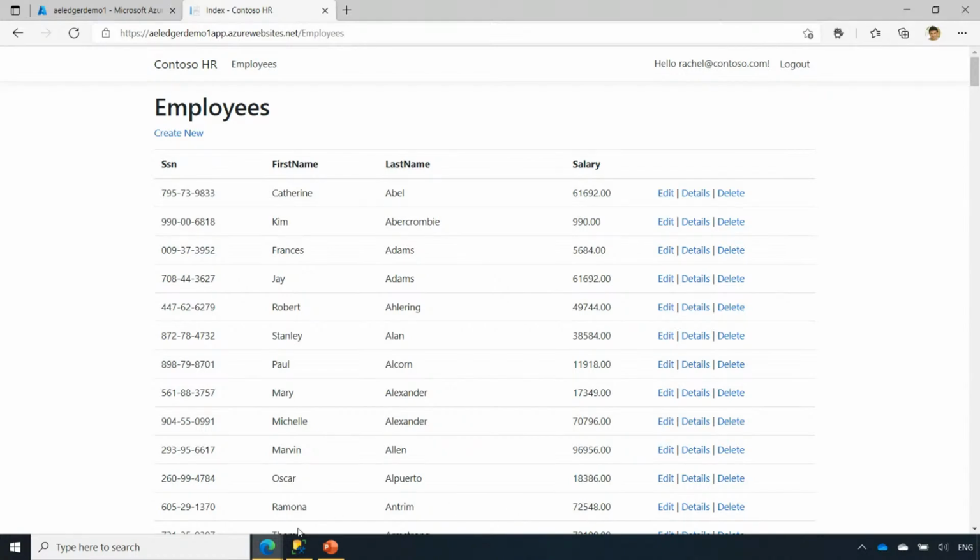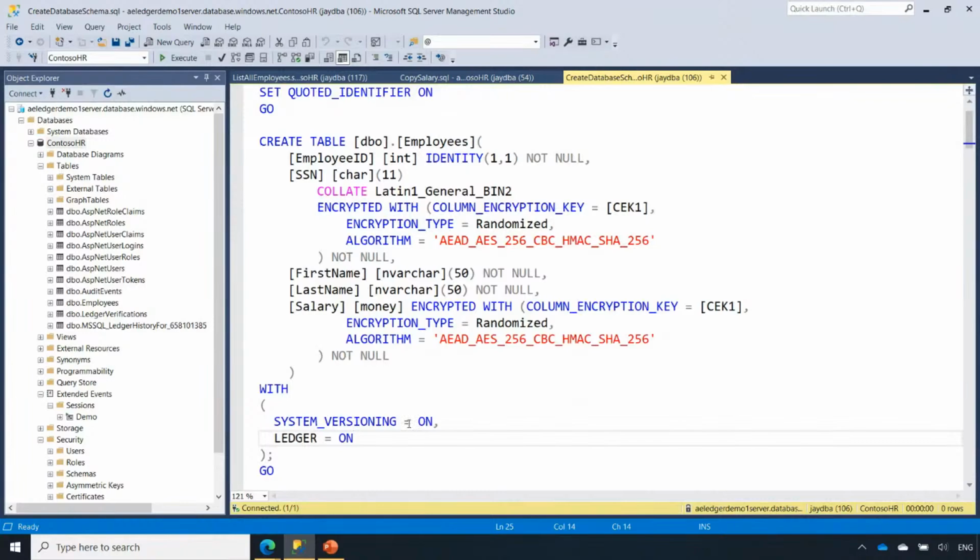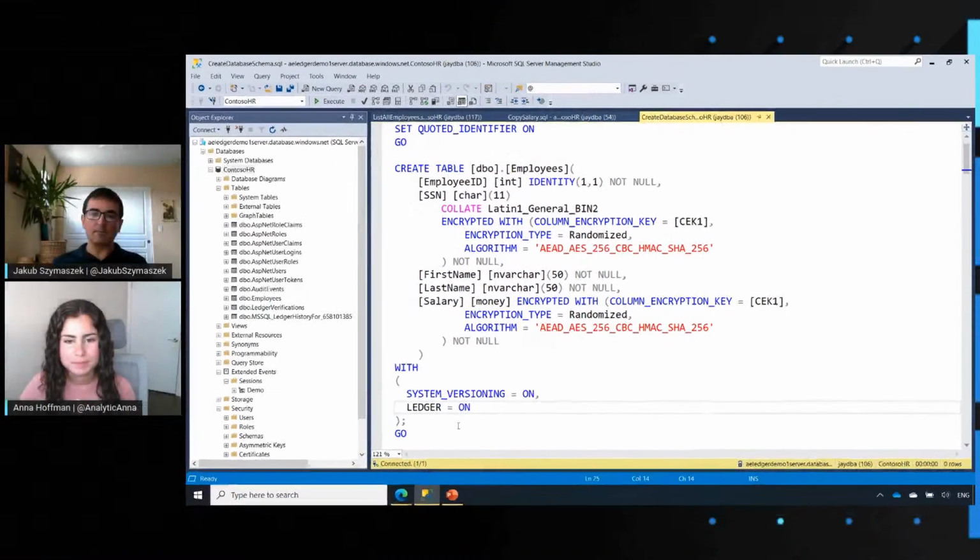However, unfortunately for Jay, this employee table was created as a ledger table, which means that all the updates, all the changes, any user actions against the table,